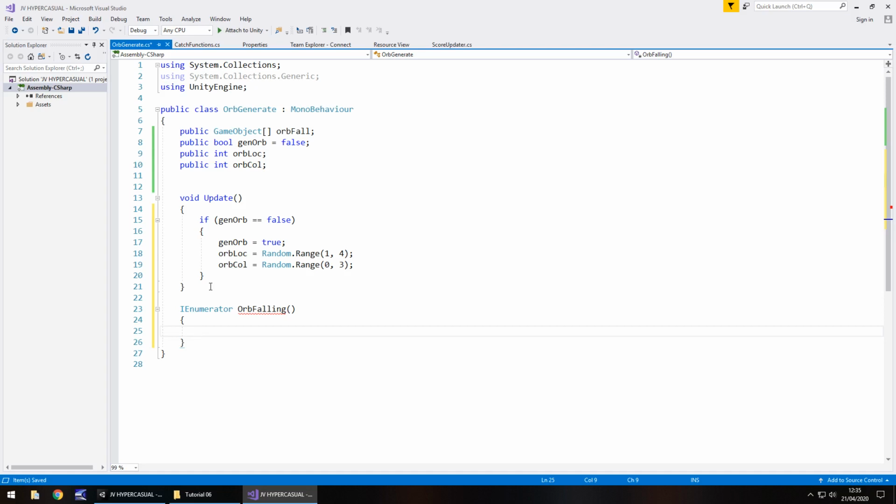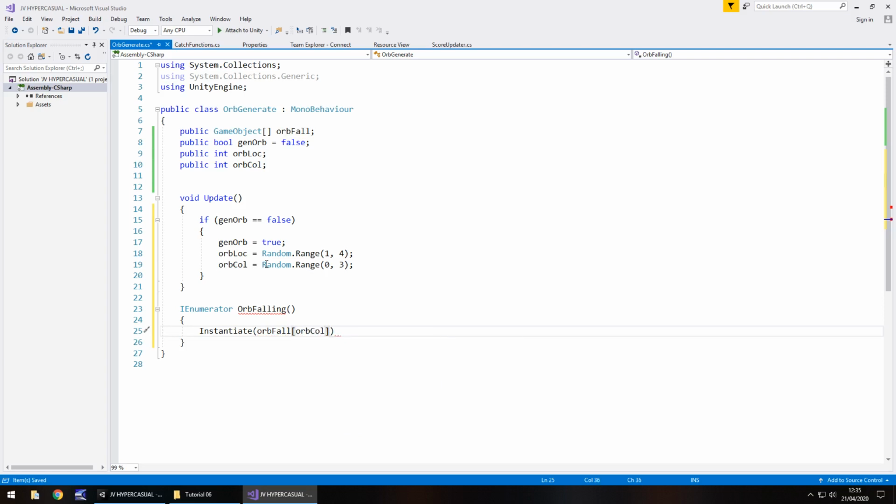So we are going to start with just instantiating the game object, and we'll start with the left position. So to do this, we need to type instantiate, and inside some brackets, we now need to state the orb fall game object, and in square brackets we need to put orb col.